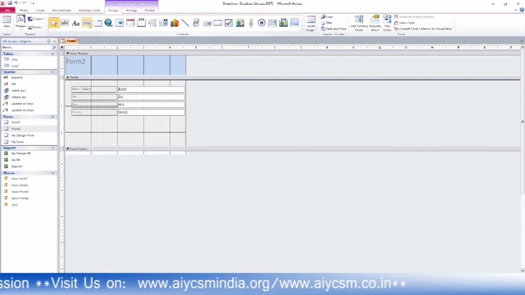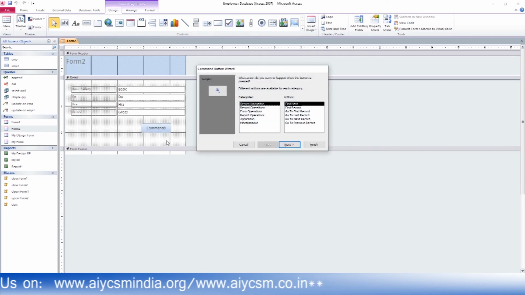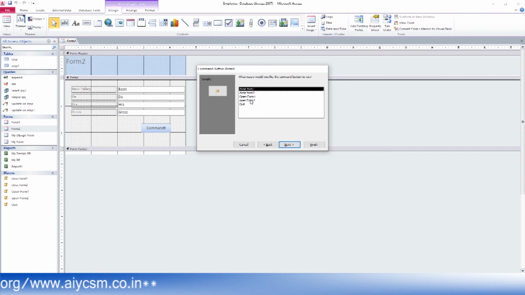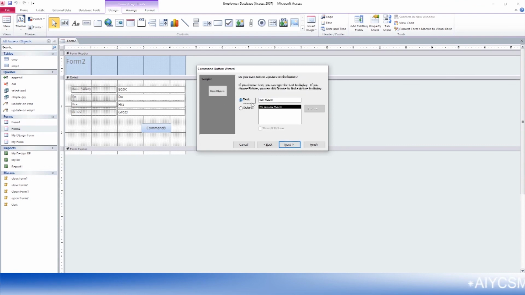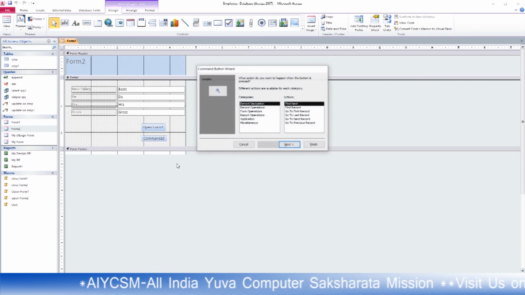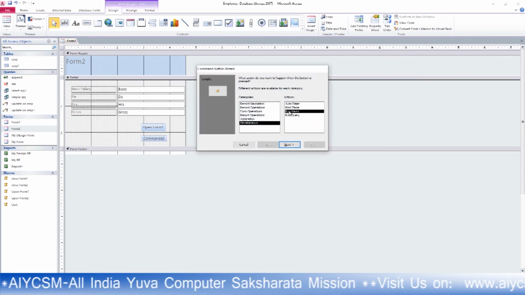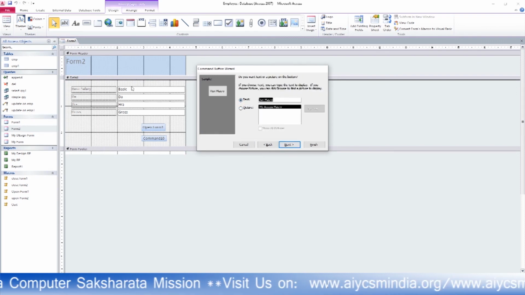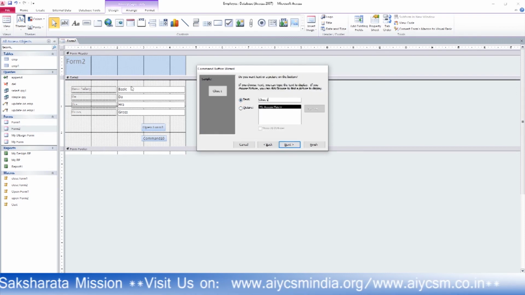Again from miscellaneous, run macro. Next. From form 2 I have to open form 1. Open form 1. Next and finish, and close form 2 from form 2. Miscellaneous, run macro. Now close form 2. Write as close it. Next, finish.